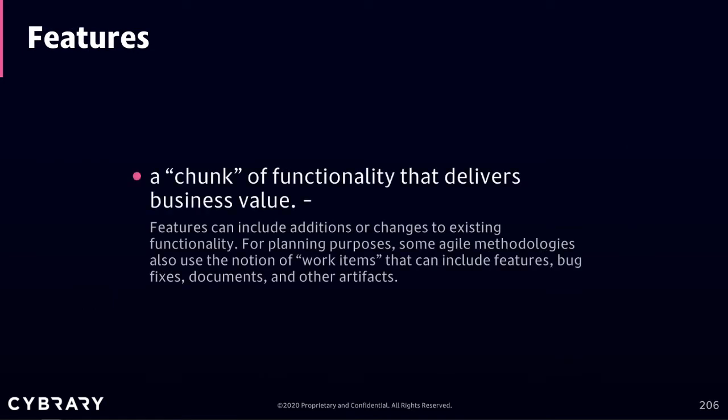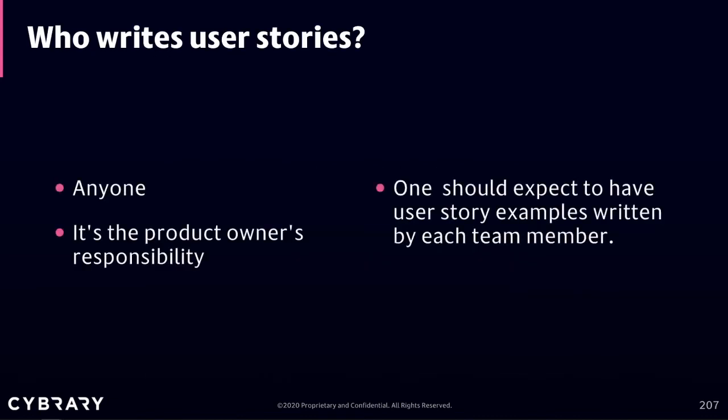Features. We kind of talked about that. A feature is a chunk of functionality that delivers business value. Features can include additions or changes to existing functionality. For planning purposes, some agile methodologies also use the notion of work items, and you'll hear that throughout, that can include features, bug fixes, documents, and other artifacts. So the next item we're going to talk about is